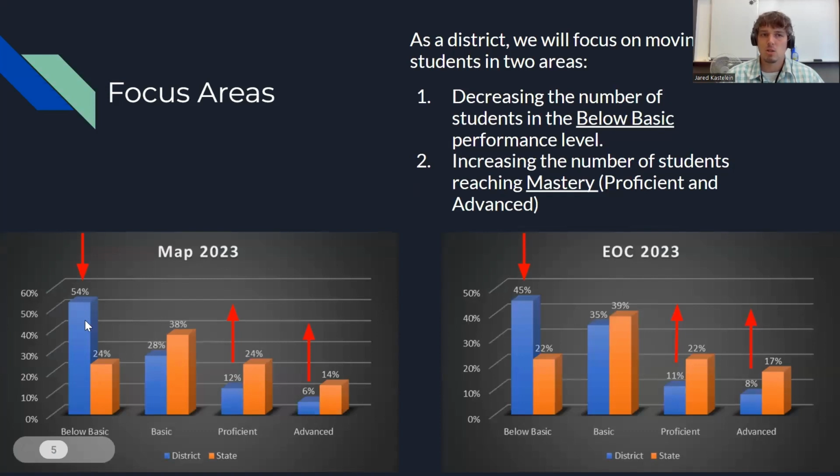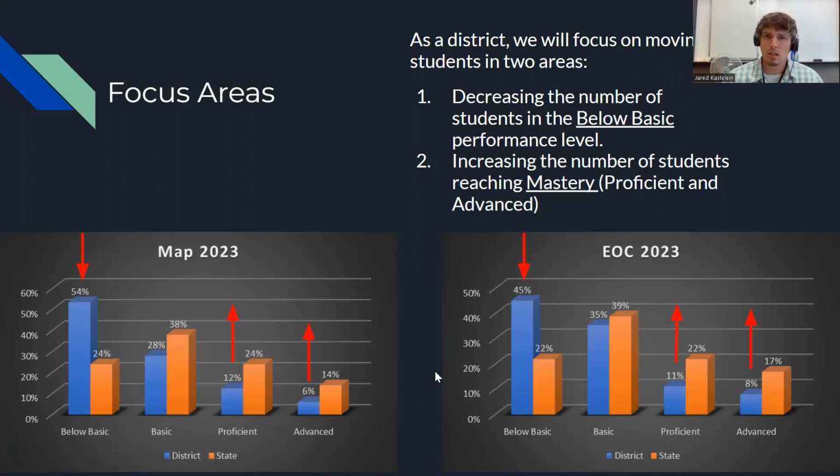What we're looking at is there's a 30% difference between us and the state. So over 3 years, if we're just going with linear growth, we need to decrease our below basic by 10% every year. That's doable. And even if we don't reach that every year, because we're focusing every year on these students, then that 3rd year, we have a compounding effect. So instead of just 10% each year, it goes like 8, 10, and then 25%, you know? So that 3rd year, we can really move it. I don't like just focusing on one end and trying to reduce this number because then we forget all of our students over on this end.